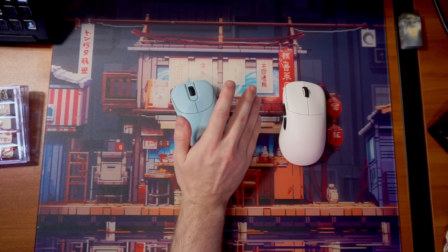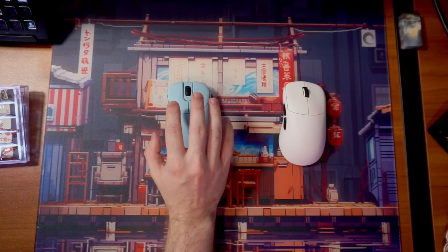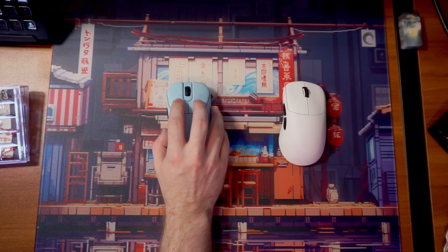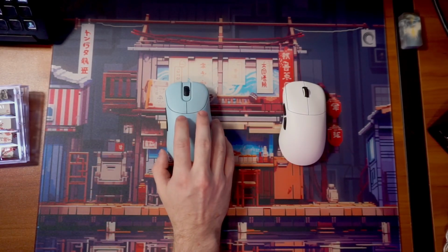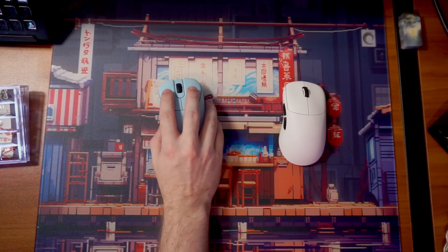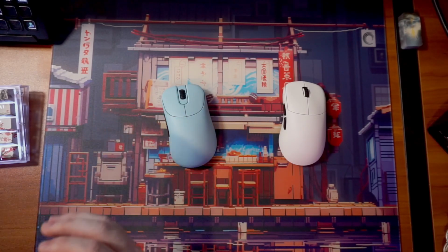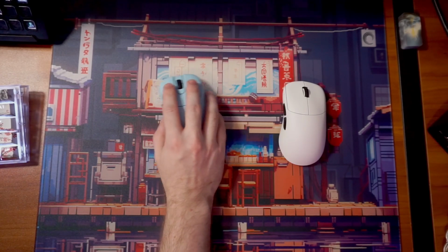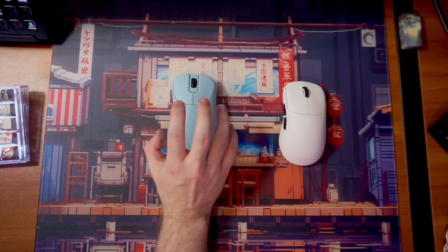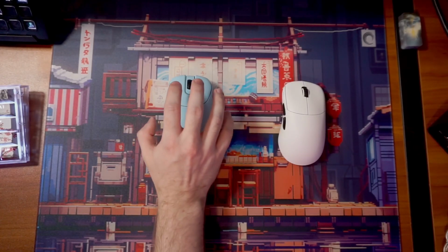So, what do I think out of these two is the best? I will say the Outset is the best Ergo that I have used and that small-handed gamers can comfortably use in 2023. Now, yes, there's many other smaller Ergos, but this allows you to mess around with the grip more. It doesn't have you locked in. It doesn't have you just figuring out your grip. You throw your hand on it and you're like, "Oh, okay, this is the grip I'm using because this is it right here." So, if you are choosing an Ergo out of these two, I'd personally go with the Outset